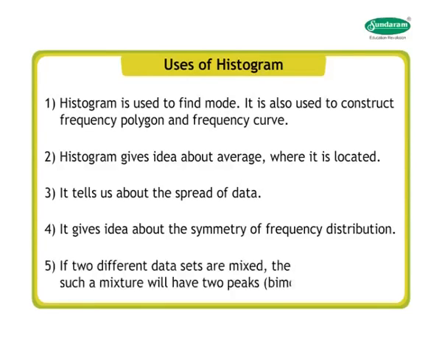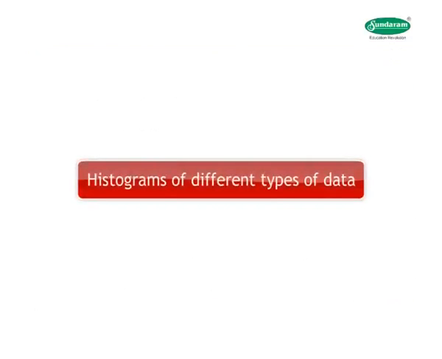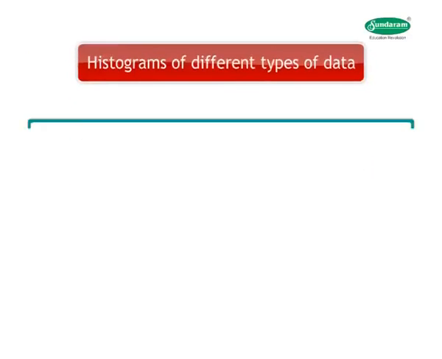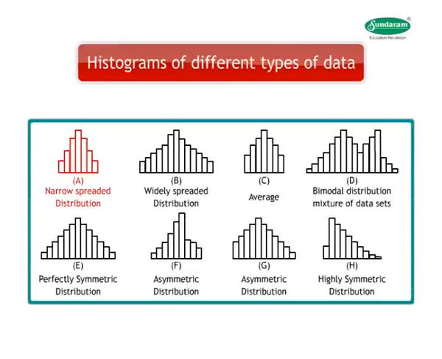Number 5. If two different data sets are mixed, then the histogram of such a mixture will have two peaks, that is of bimodality nature. Friends, there are histograms of different types of data. Let's take a look at them. Narrow spreaded distribution, widely spreaded distribution, average, bimodal distribution mixture of data sets, perfectly symmetric distribution, asymmetric distribution, highly symmetric